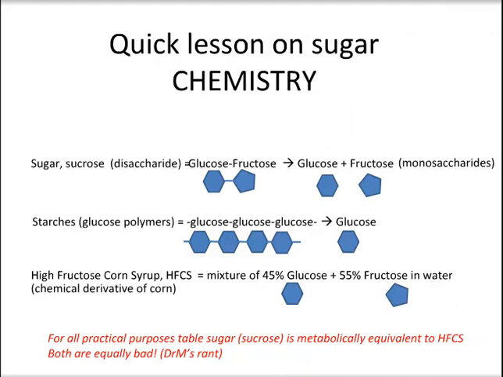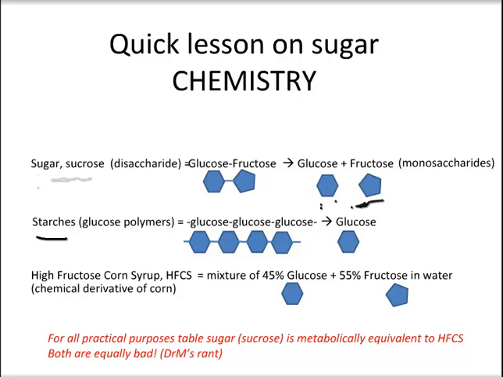Starches are another form of sugar, which is kind of a polymeric form of sugar, and you can have complex starches which are broken down to form glucose slowly, or you can have simple carbohydrates, simple starches, which are broken down to form glucose quickly, and we're going to talk about that a little bit later. And then we have this kind of newcomer, high fructose corn syrup, or HFCS, which is just a blend of glucose and fructose. This is produced from corn chemically, but it's basically a blend of glucose and fructose in solution in water.